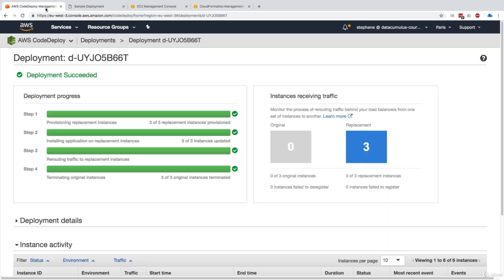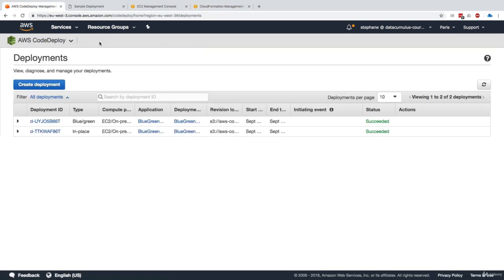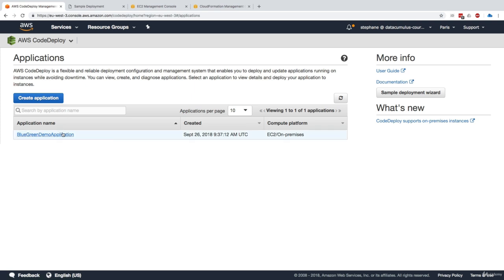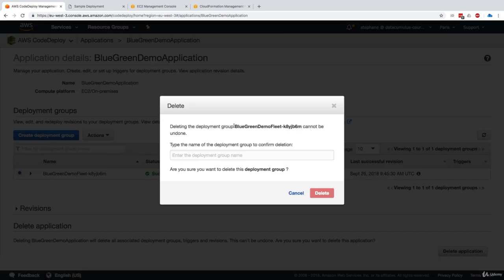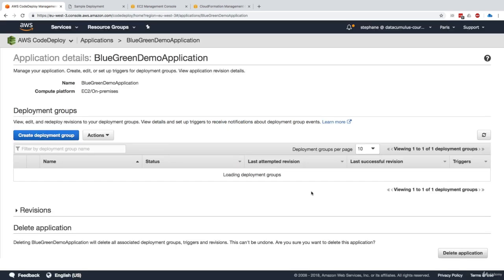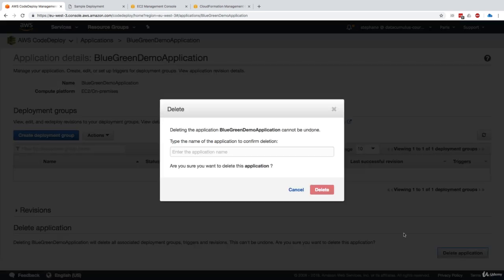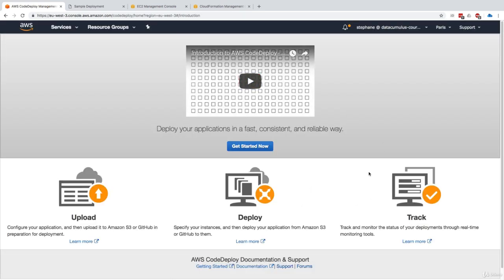So the last thing I have to do is to go to my CodeDeploy, click on the application. So right here, application, click on the blue-green demo application, tick this deployment group, say action, delete, and we'll just copy this entire deployment group name and paste it here. Now it's been deleted. Excellent. And then right click, bottom right, click on delete application, and we'll just put the blue-green demo application, press on delete, and we're done. So that's it for the cleanup.